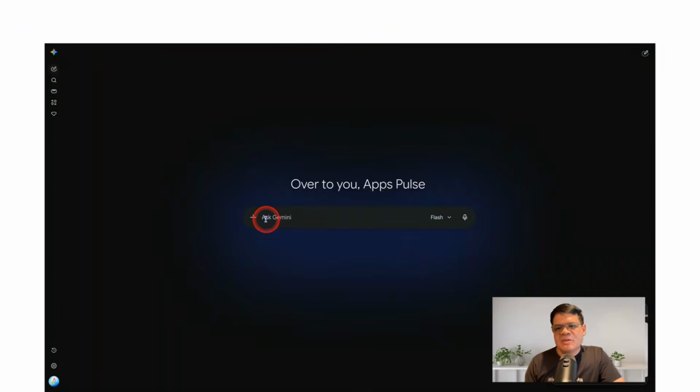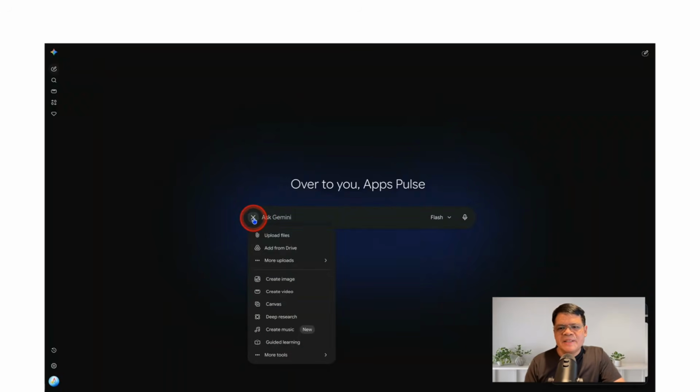We will have a quick overview of Google Gemini and its new features. Inside the text box or prompt box, there is a plus sign here. You click it, and then we have the upload files, add from Drive, and more uploads, photos, import code, and also notebooks. Create image, create video, canvas, deep research, create music, it's new, make audio tracks, guided learning, and also